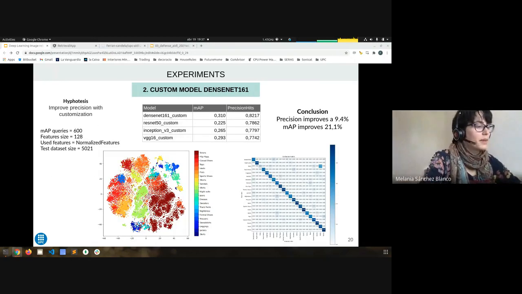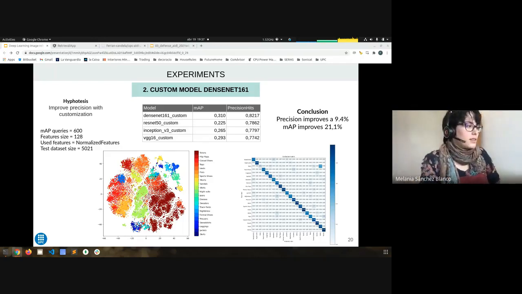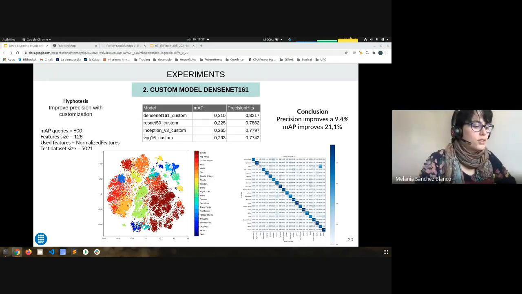So as the next experiment, we focused more on DenseNet 161, but as I told you before, since we already had the whole backend prepared to work with different models, we took the opportunity to also check some others. So for us, what does customized mean? It's actually using transfer learning, and also freezing most of the layers and training some others to check if we can improve the results of